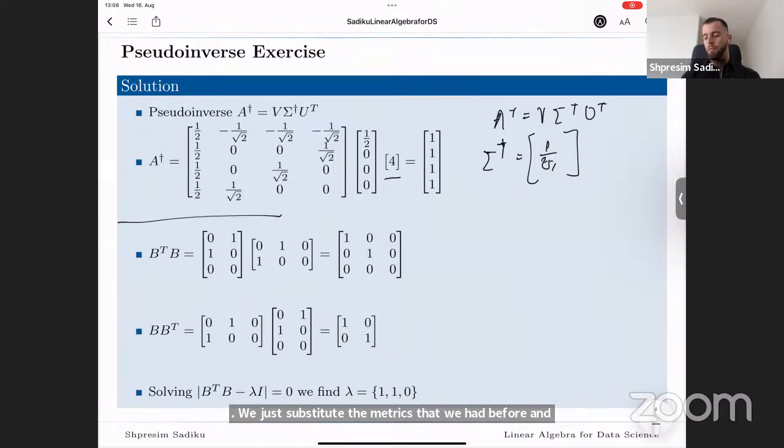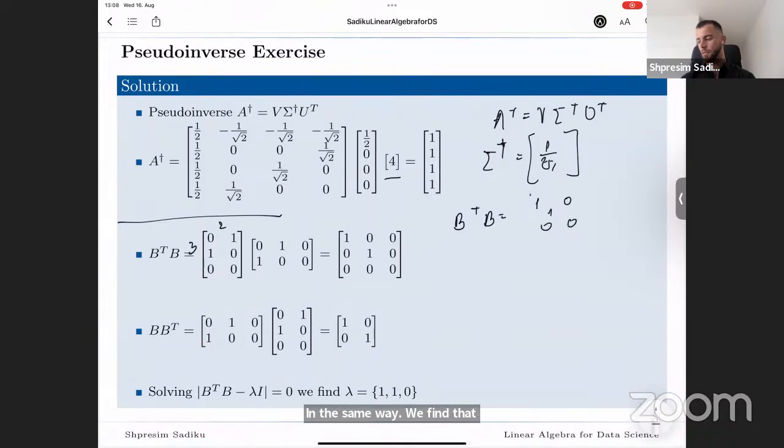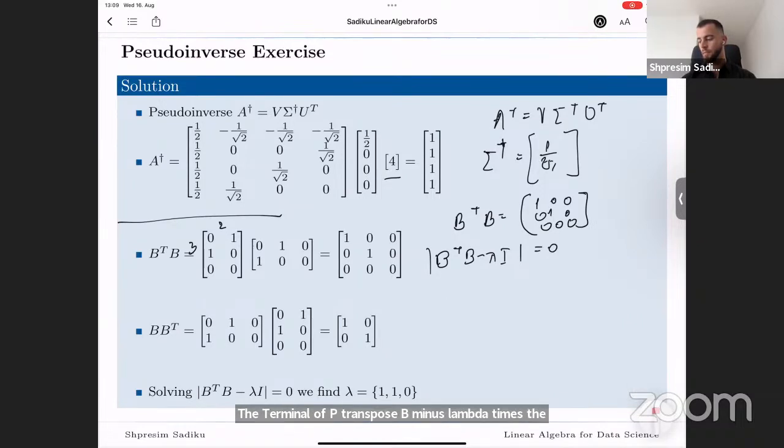All right, so now we need to do the same for a matrix which is a 3×2 matrix. In the same way, we find that B transpose B is this matrix. Again, we do the determinant of B transpose B minus lambda times the identity equals 0. So this means that we just subtract from each